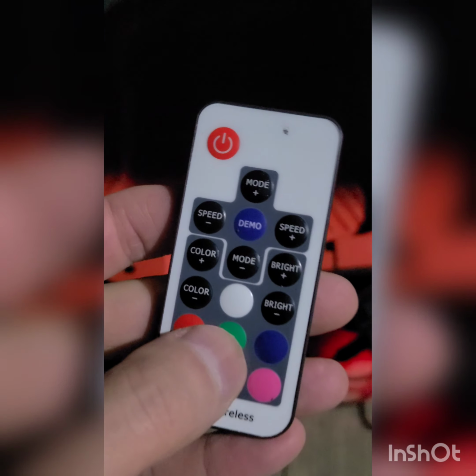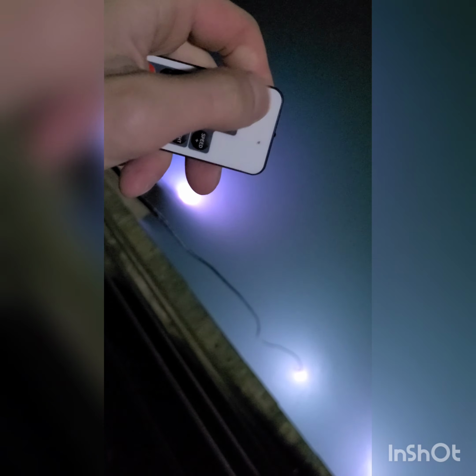So anyways, I got my battery hooked up to the 3 lights. They're all in. This is the remote. The remote is amazing because it has all the functions you would need. It's all synchronous, so you guys can see, I can turn them all off with the button. I can change the colors to whatever color I need